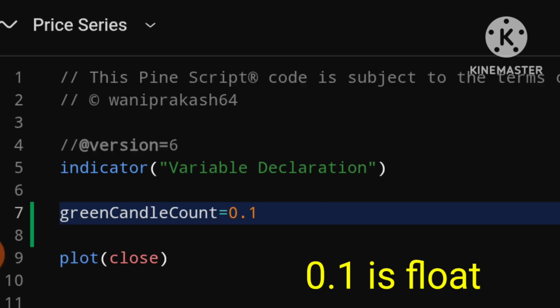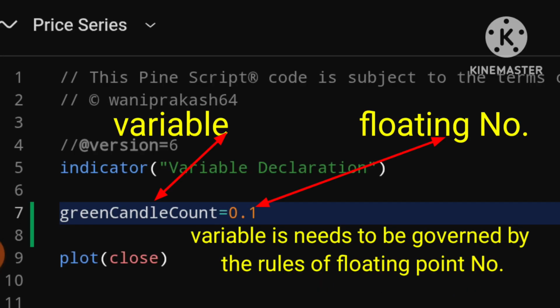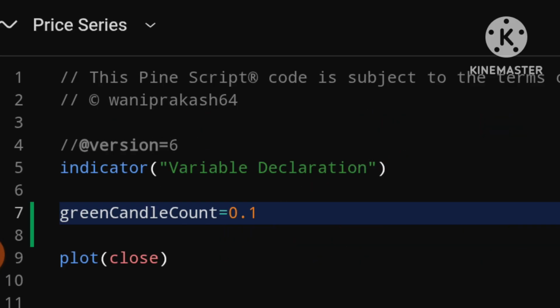And now whatever we do, this variable needs to be governed by the rules of floating point numbers. And there are certain things you can and cannot do with these data types. So it is important that you understand how the data types work. The good news is you will pick this up throughout the course. It is not particularly complex, but it is important that you understand how data types work.